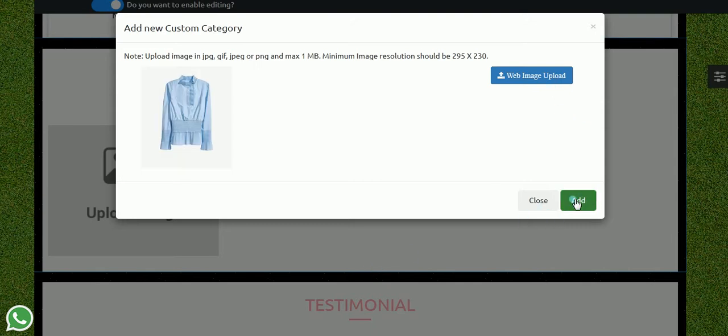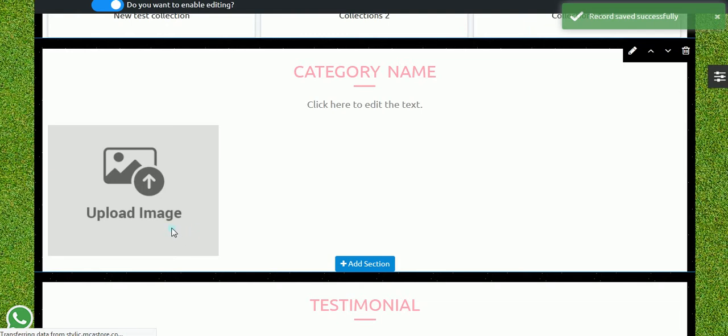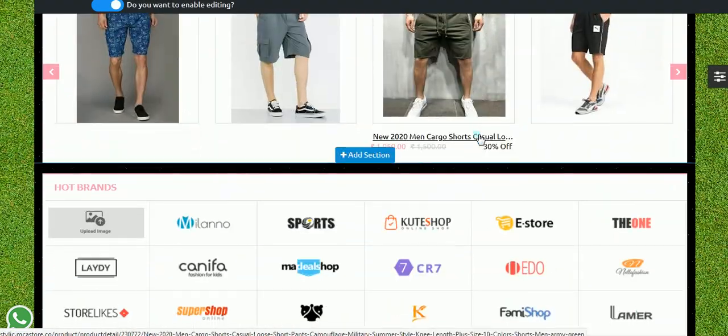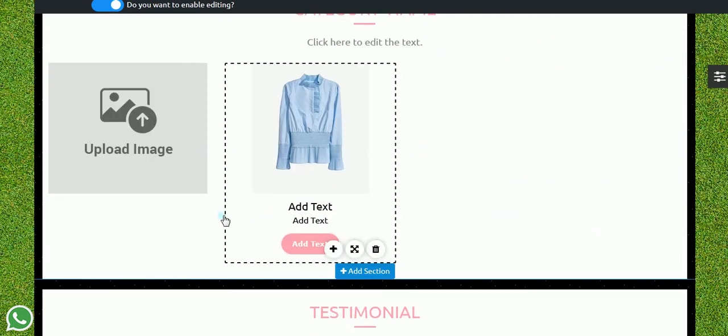You can see the image over here. So here you can see the custom category has been added.